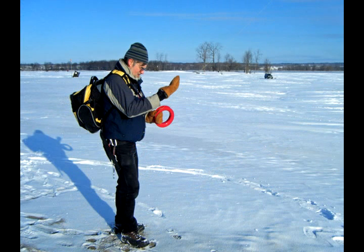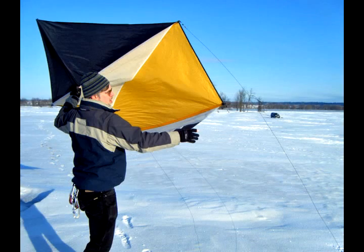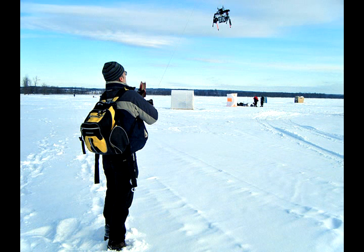That day was minus 20 degrees C with wind chill. The wind was stronger than I anticipated. I was fighting a bit with the kite. There were times I had to just hold my kite spool in my arms and put my hands inside my jacket. And after being out there for about an hour and a half, I brought the gear down